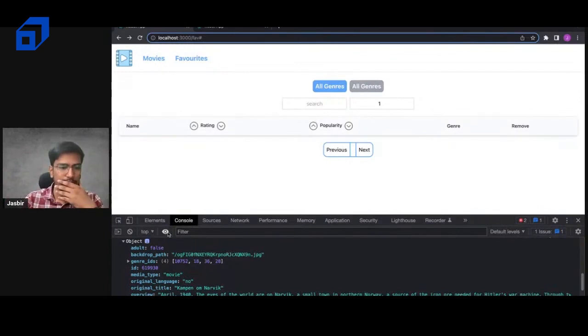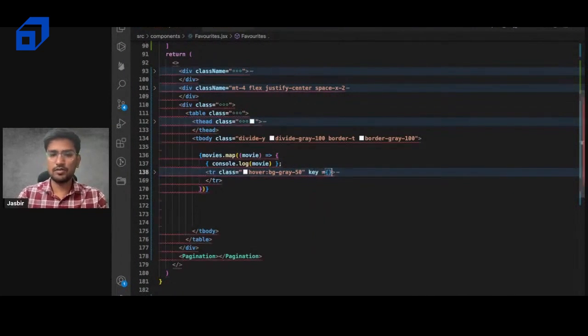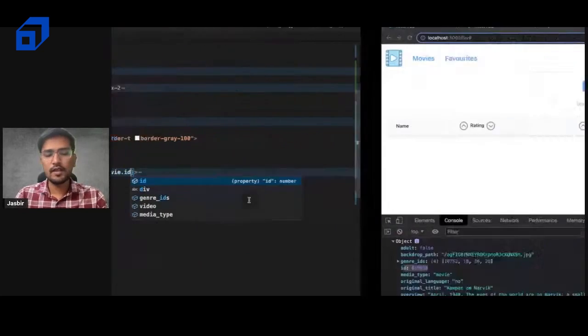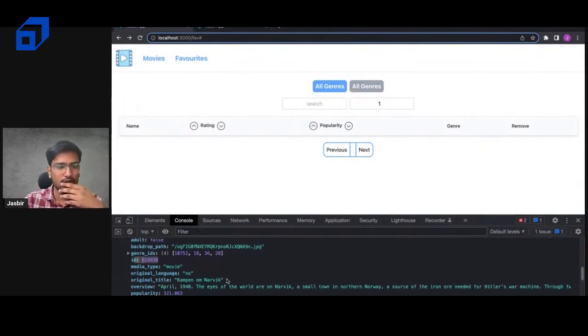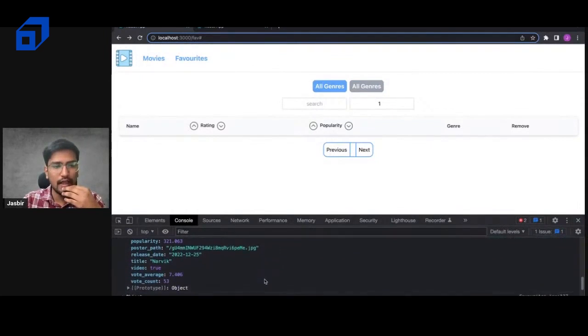Okay. The first is your ID. Let's just get this ID and put it as a key prop so that it would be unique. So the first thing that I'm going to do is use this as movie.id. Okay, next let's get that image and text and all those things. So for that we need to have that URL, and